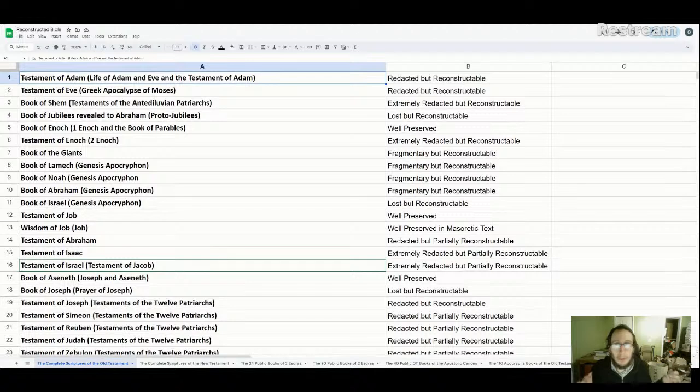Both books have Adam and Eve talk about what happened in the garden, how the fall happened, and things of that nature. But they have many differences. Some scholars have thought that they originally were part of the same book, but I believe that they were originally separate books and that they got combined in some ways in some manuscripts. For example, the Armenian version essentially combines the Latin and Greek versions together into a single book. But in my view, they were separate books entirely.